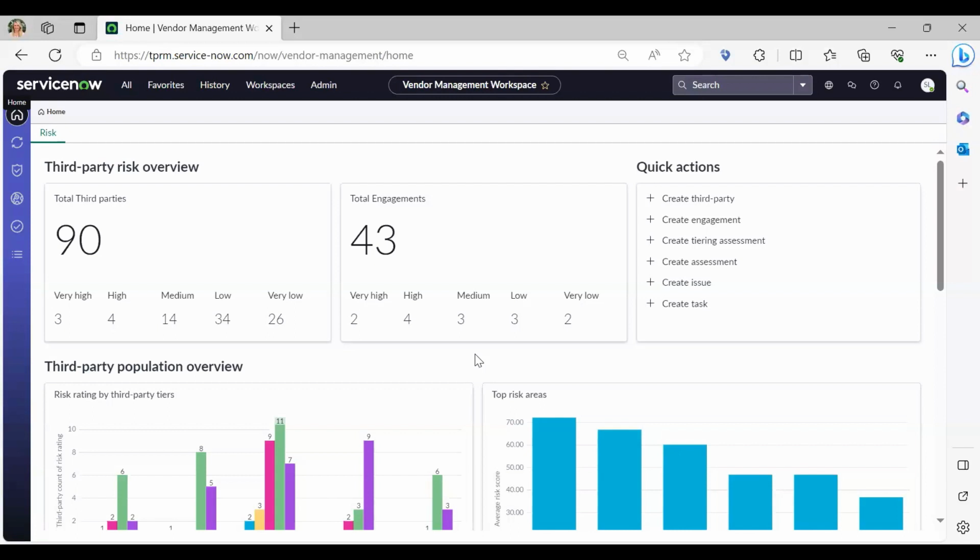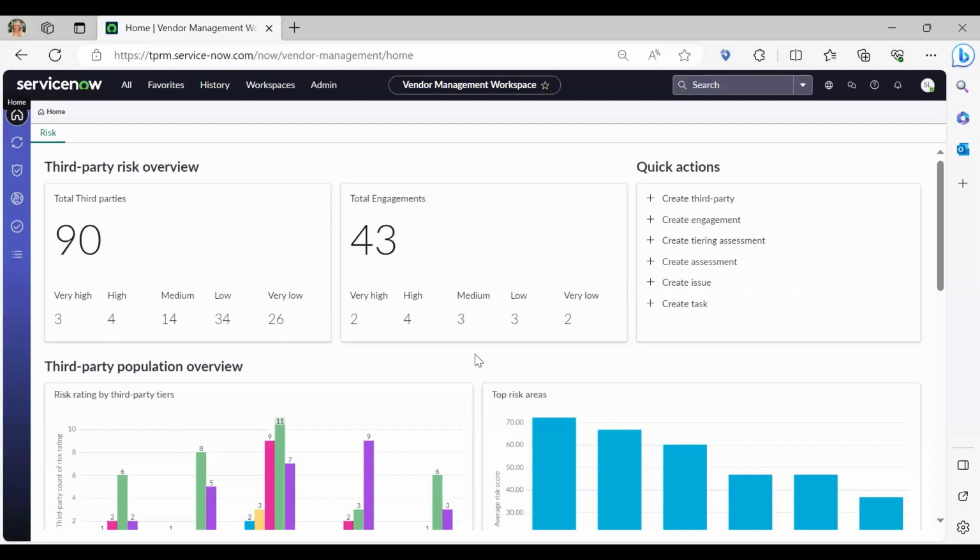Third-party risk management comes with persona-based workspaces, whether you're the third-party risk manager or third-party risk analyst. This look will change depending on the hat you wear at the organization. We called out previously in this webinar integrations with other ServiceNow products.